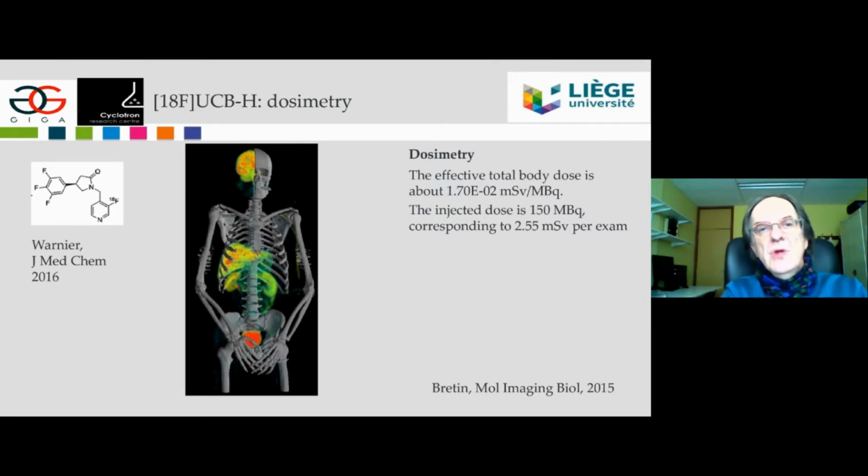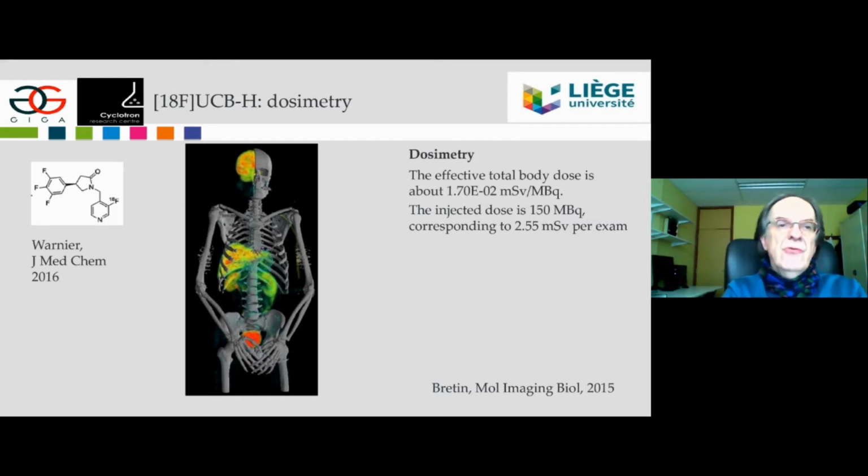Because as you know, when we are using radioactivity, there are very precise rules of what you could use for research, what you could use for medical imaging, which is quite different of what you could use for radiotherapy, for